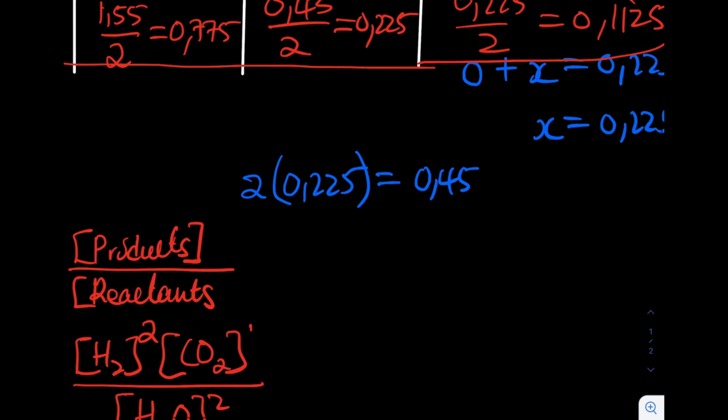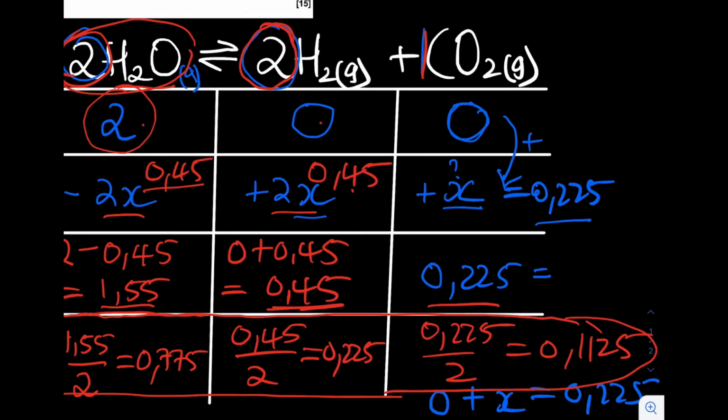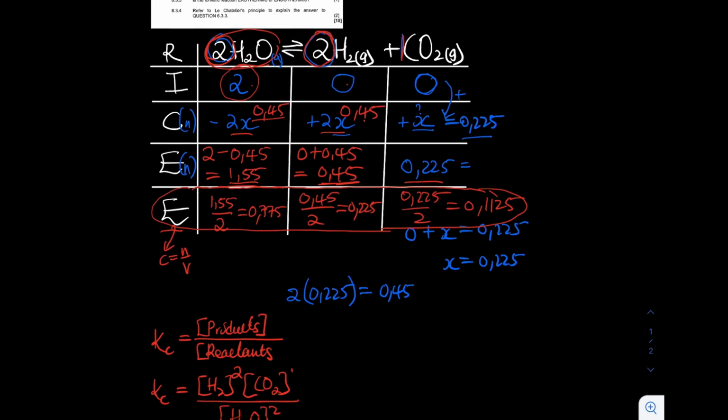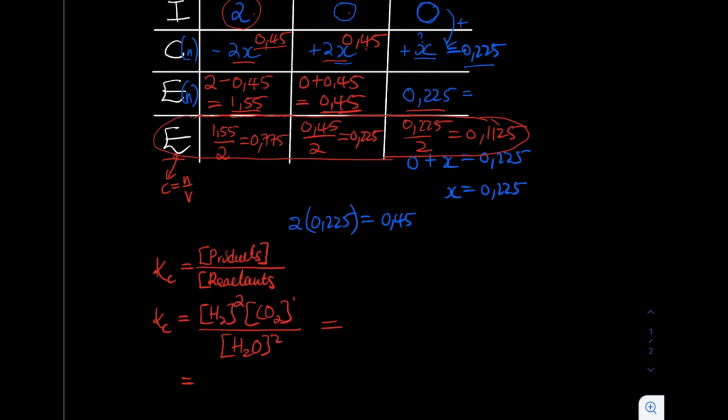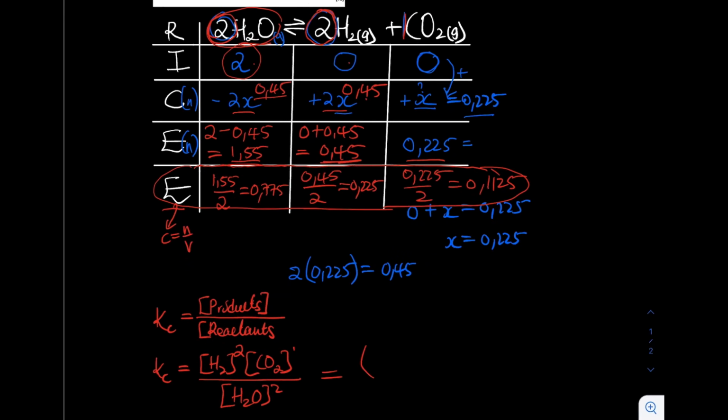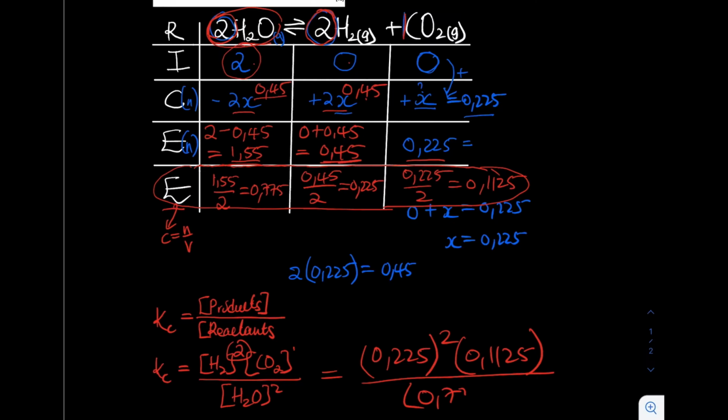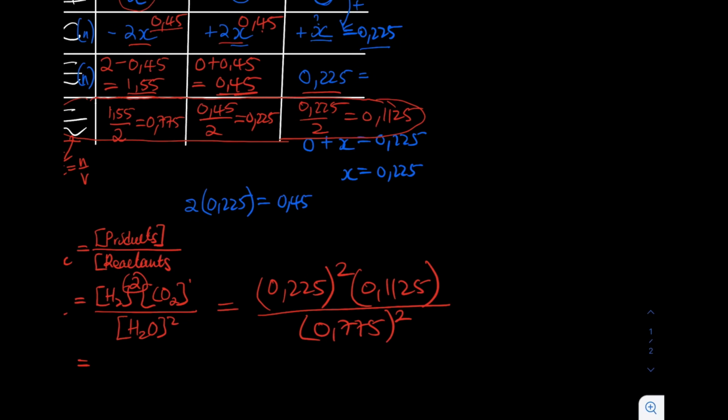So, the concentration of product, let me do it this way. The hydrogen gas, it's going to be 0.225 square. We have the square there, multiplied by the concentration of carbon dioxide, which is 1.125, divided by the concentration of water at 0.775, right? We punch that in the calculator. When we punch that in the calculator, and I forgot the square there, there's a square, it will be